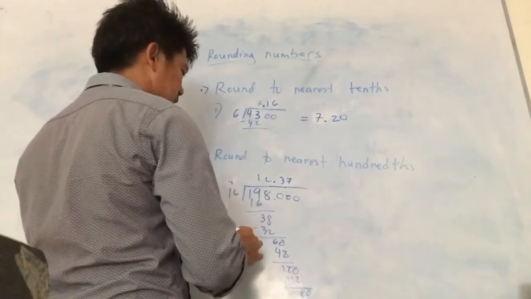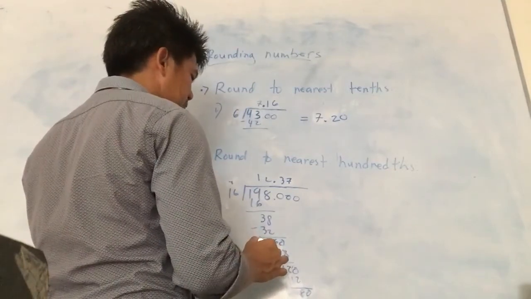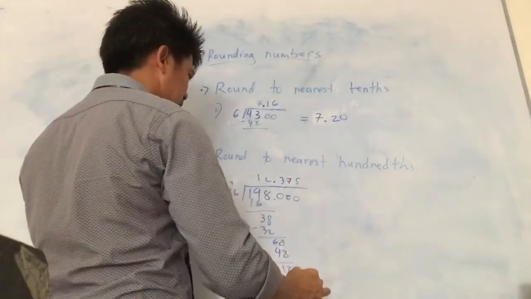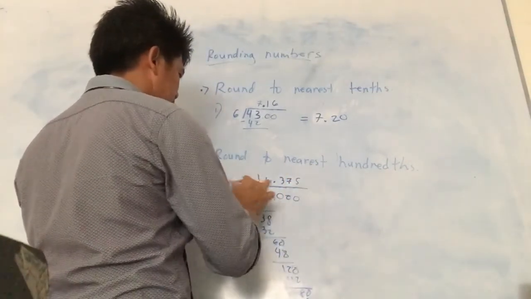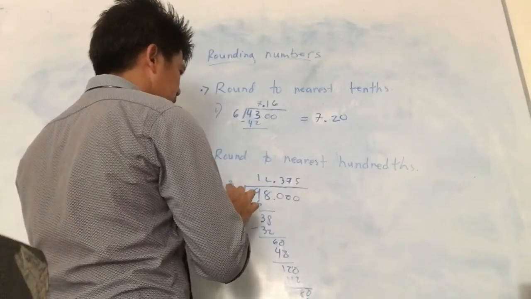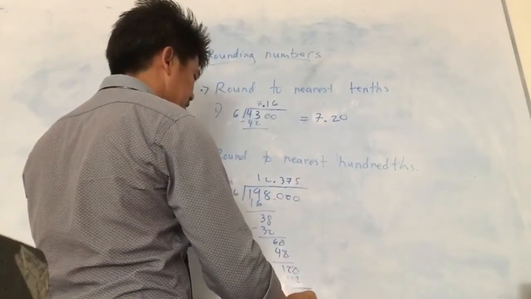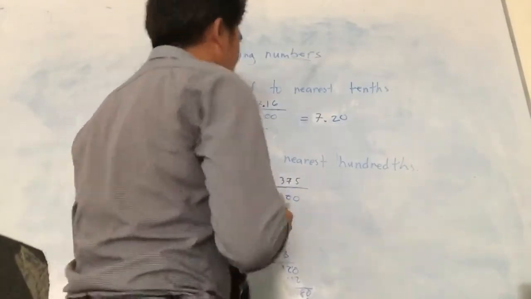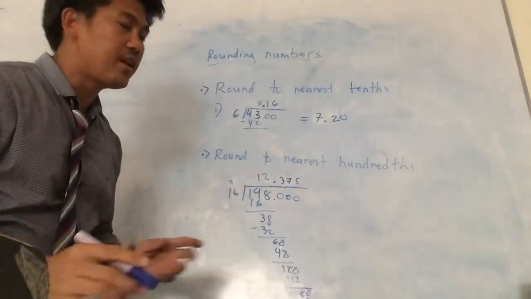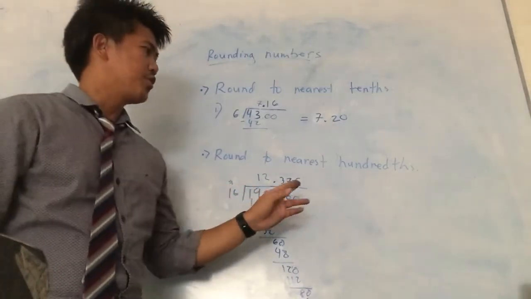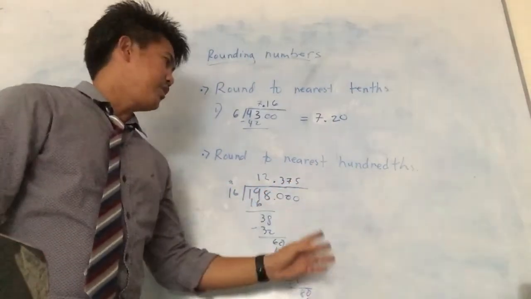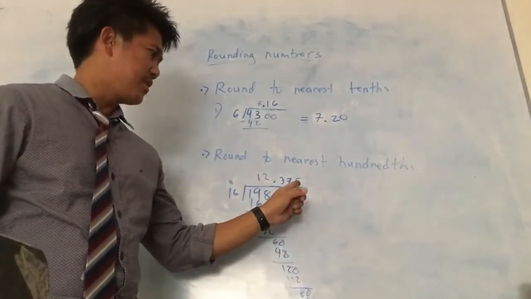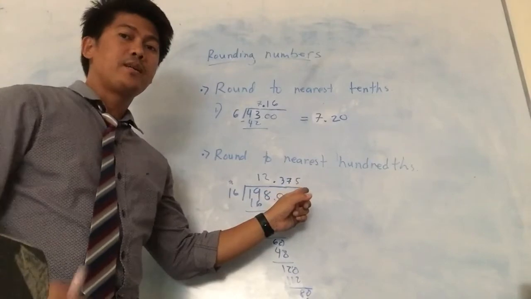80 divided by 16 is 5. 5 times 6 is 30. Carry 3. 5 times 1 is 5, plus 3 is 80. This is 0. Okay, so your answer is 12.375. But since the instruction is for you to round to the nearest hundredths, then you base your answer from thousandths. What is our thousandths here? That's 5, which is